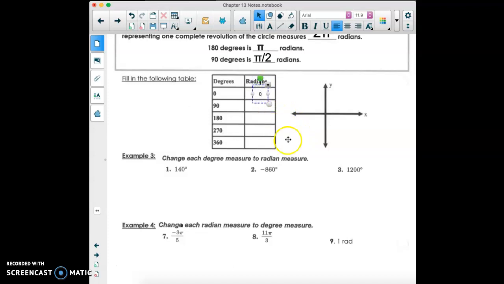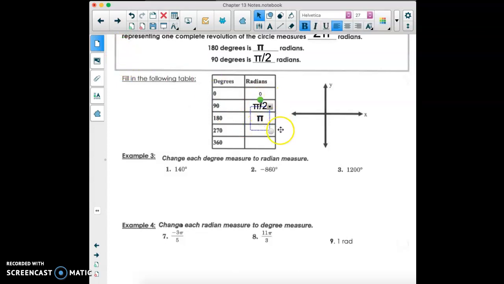Alright, 0 degrees, 0 radians. Then we just said that 90 degrees is the same thing as pi over 2 radians. So let's take that information and plug it in. This makes sense because we know that 180 degrees, why will it not let me move this? There we go. If 180 degrees is exactly pi radians, well then half of 180 is 90, and half of